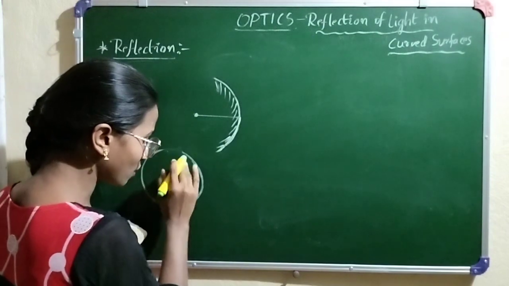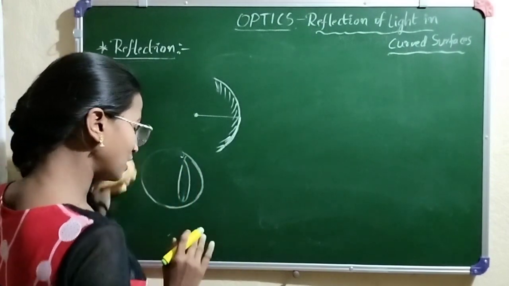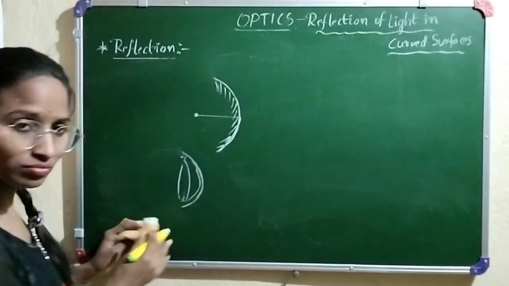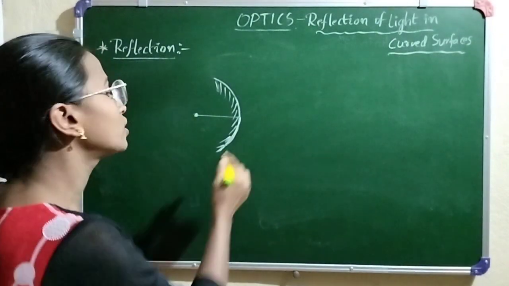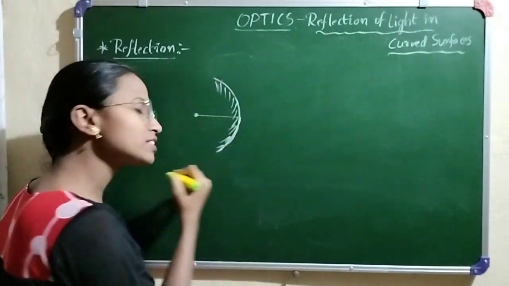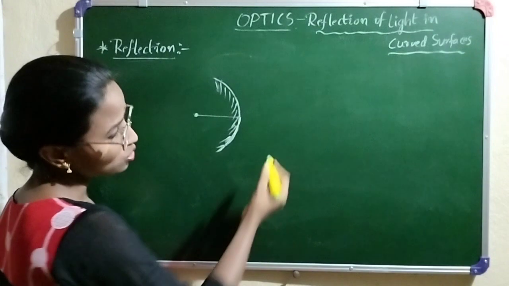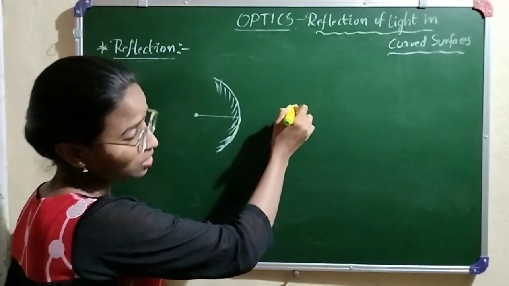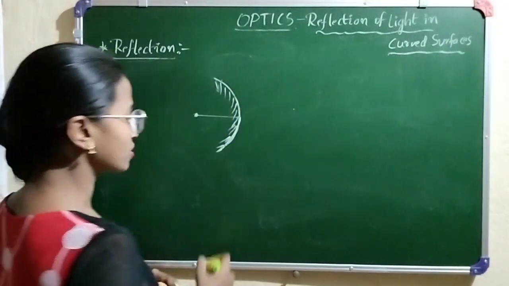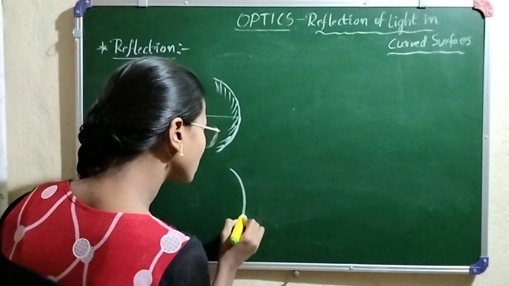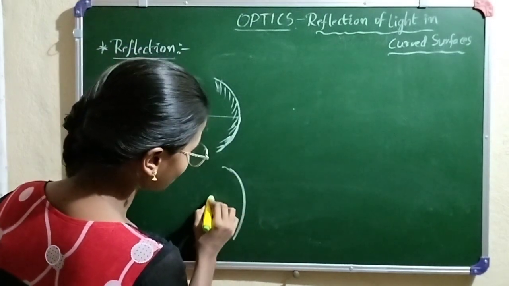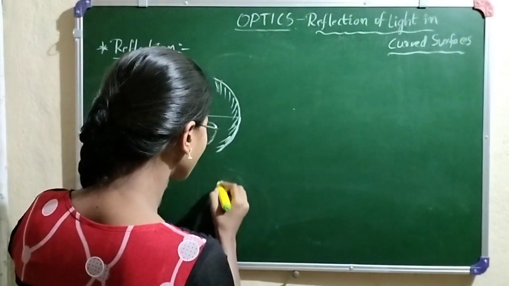Yes, this is the hollow side, and this is the bulged side. If you are coating the hollow side, this bulged side acts like a mirror. So if you keep an object here, observe. And next, in the next case,